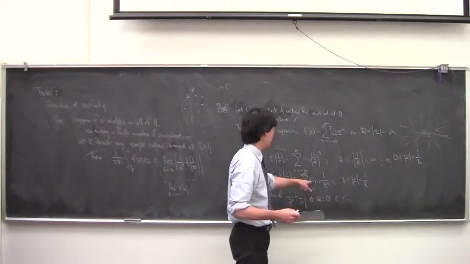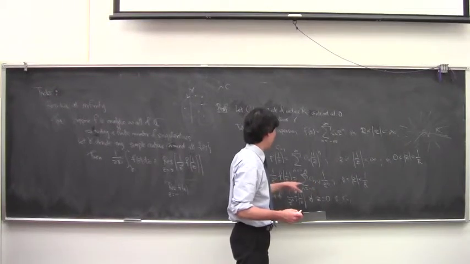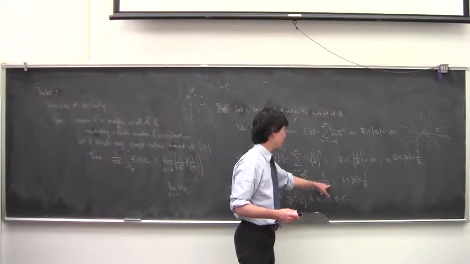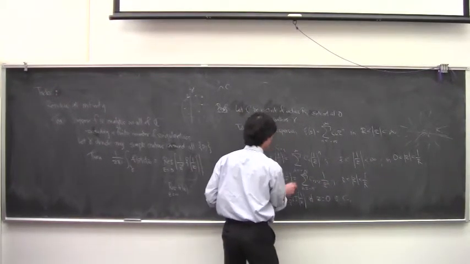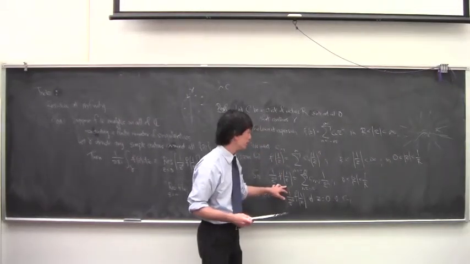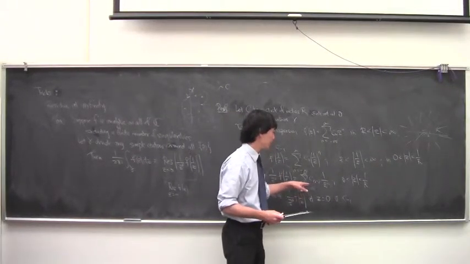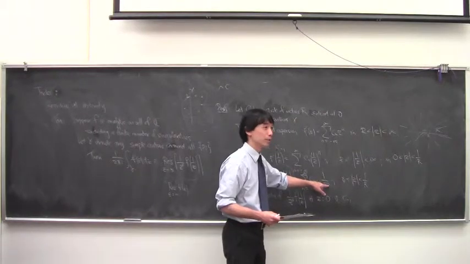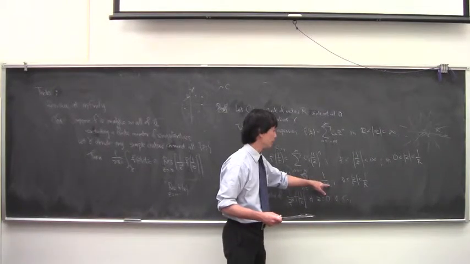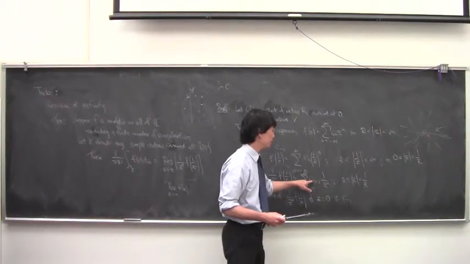So when n is equal to 1, what's the residue of this guy at 0? Well, it's going to be the coefficient of the negative 1 term, in other words, the coefficient when n is 1, right? So that's going to be c negative